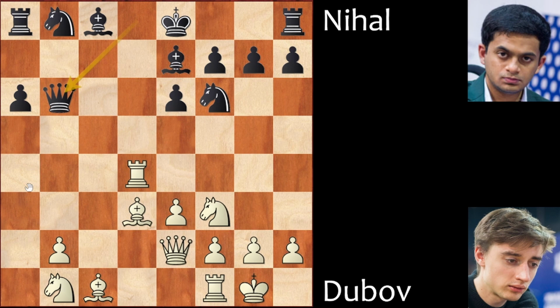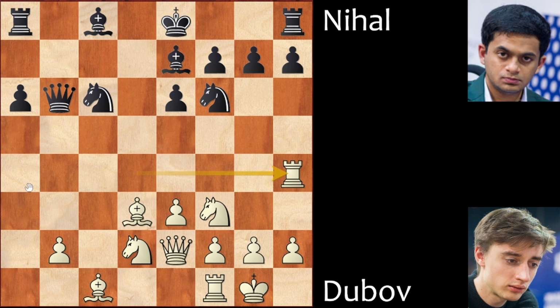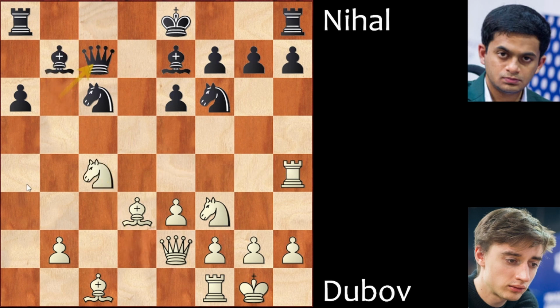Black has to move his queen, and now we have knight bd2. The knight is coming to c4. What's even better, it comes with tempo. Black tries knight c6, and since the rook is on the 4th rank, it goes to h4. Bishop b7 by black, and now we have knight c4, queen c7,